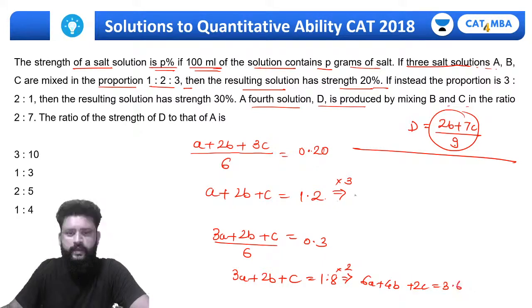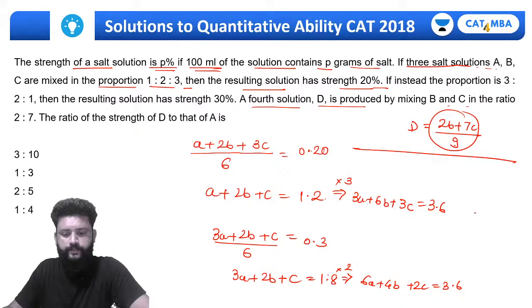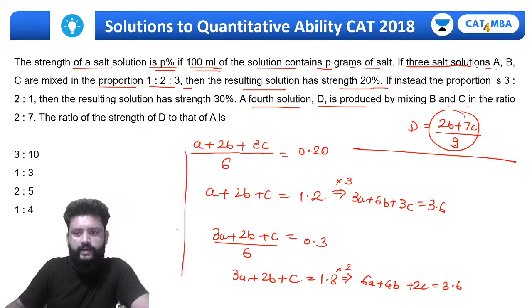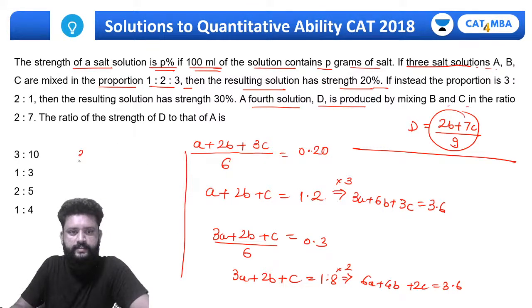Here 3A plus 4B plus C. Simply we can equate these two things, that is 3A plus 6B plus